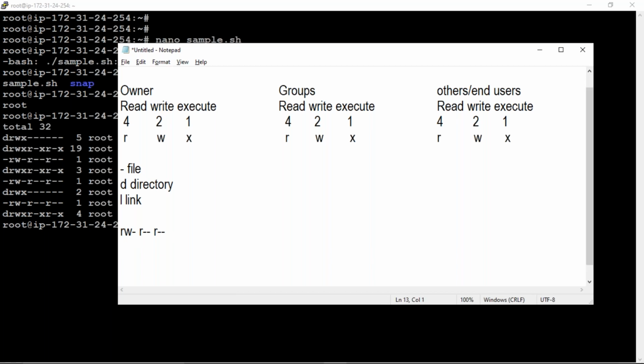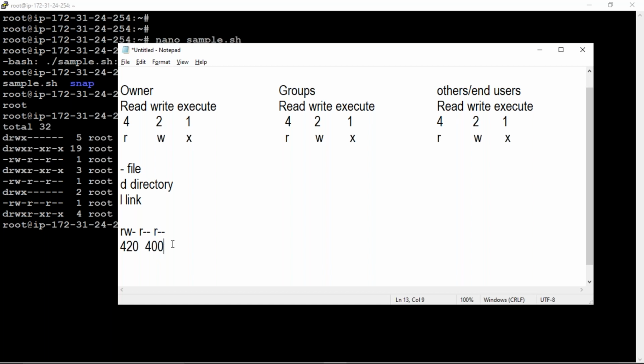For read the number is 4, for write it is 2, and execute is 0. A hyphen means no permission, so 4 2 0. For the group, read means 4, and the 2 hyphens mean 2 zeros, so it doesn't have any permissions.